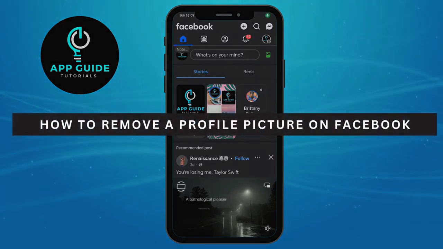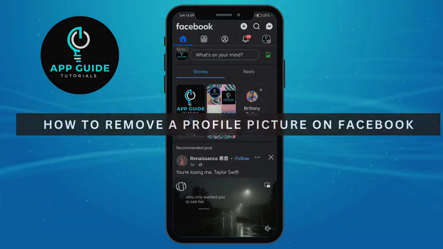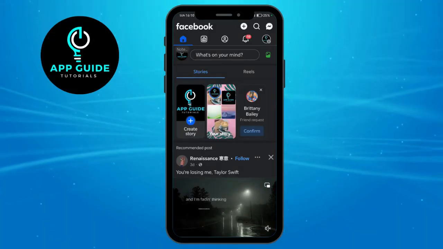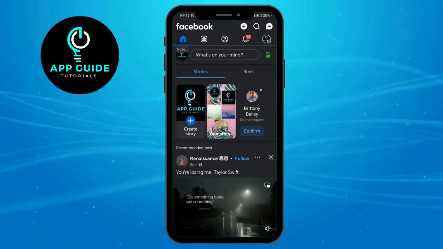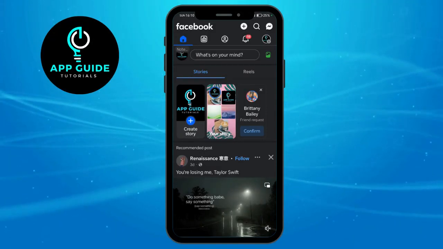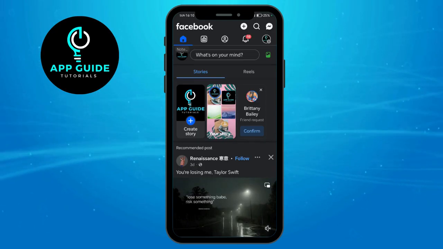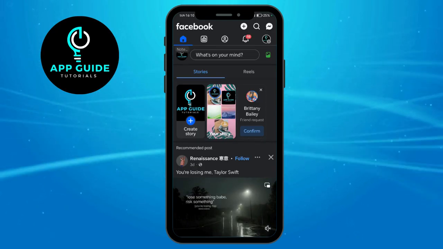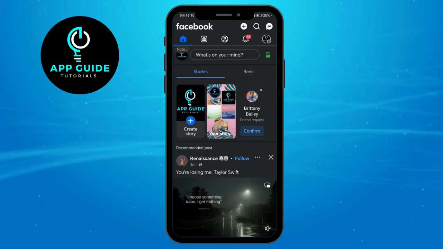How to remove profile picture on Facebook. Now, let's say you want to remove the profile picture that you have from the past, or let's say you want to remove the profile picture that you have right now. All you have to do in order for you to remove or hide the profile picture or delete the profile